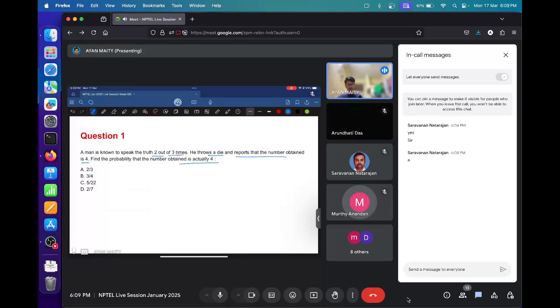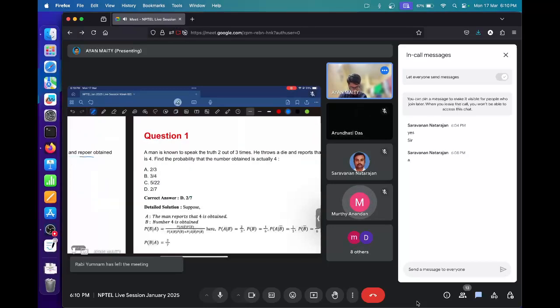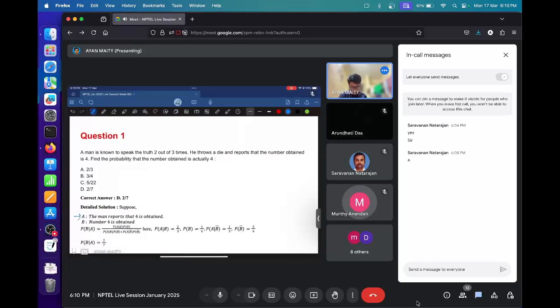For this question, first we need to consider 2 statements, and based on those 2 statements we construct what probability is actually asked here. Statement A is that the man reports that 4 is obtained, and statement B is that the number 4 is obtained. The question asks, based on the data that the man reports that the number obtained is 4,